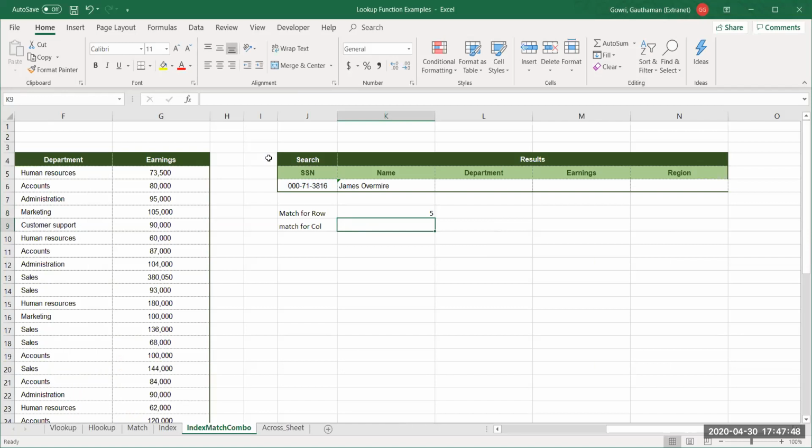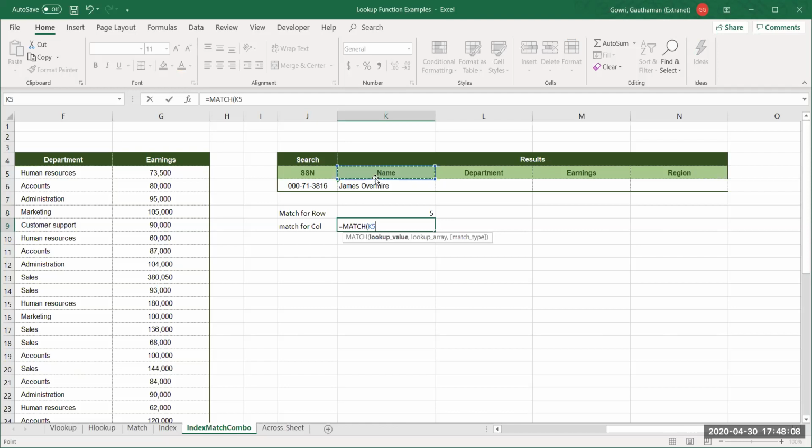Next, MATCH for the column number. We arrived at 2 as the column number by looking at this value, name. So name will be the lookup value for the MATCH that we are using to find out the column number. I'll take this.